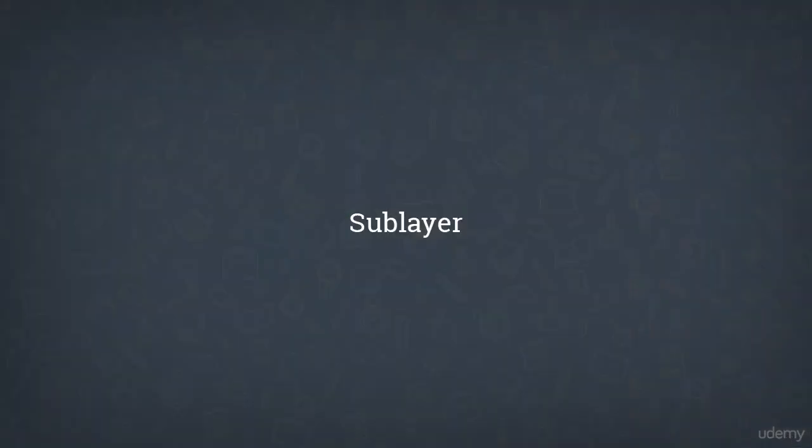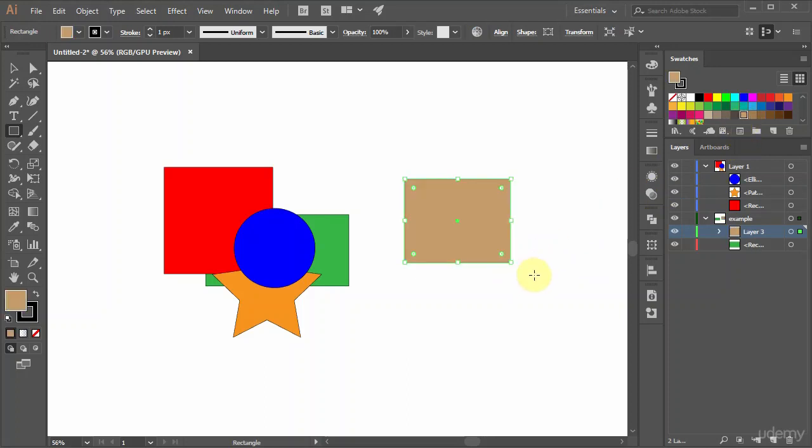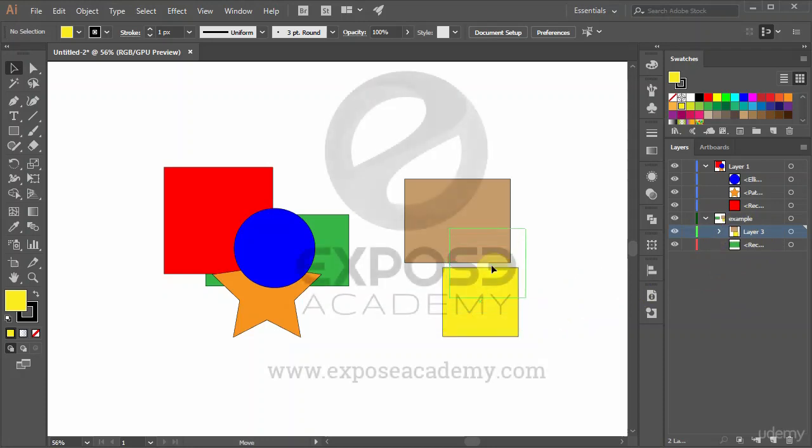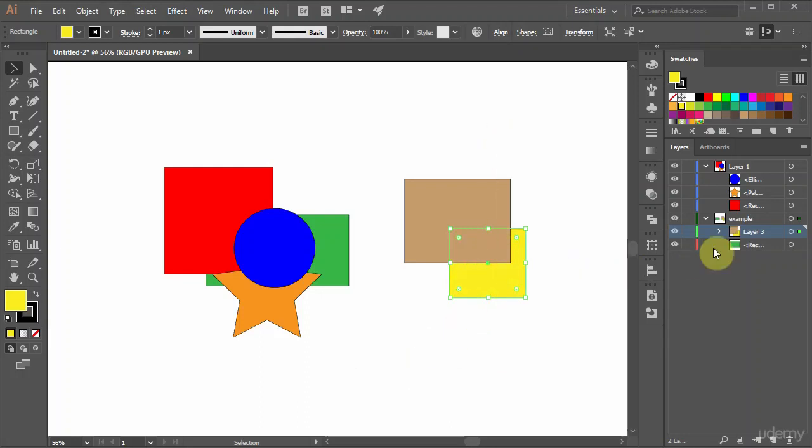Okay, now we're going to discuss sublayers. When we go to the bottom of the layers panel, we will see this Create New Sublayer button. If we click this, we now have a new layer but located inside this parent layer. While this layer is active, when we create new objects, they will be placed inside this new sublayer. Let's create several objects again with different colors. A sublayer has the same characteristics as a layer. For example, it will constrain depth sorting arrangement inside it. If I choose this top object and send it to back, it can only go as far as the sublayer